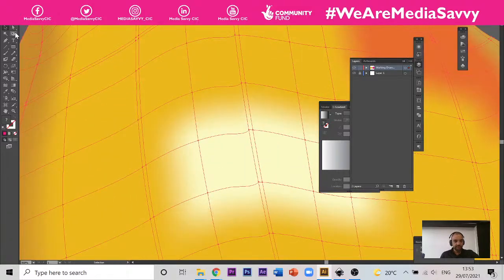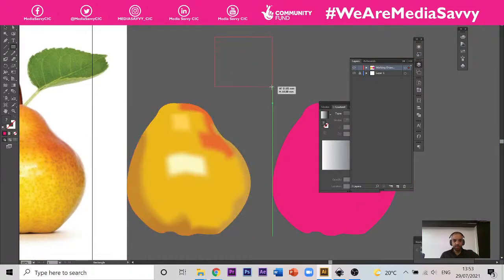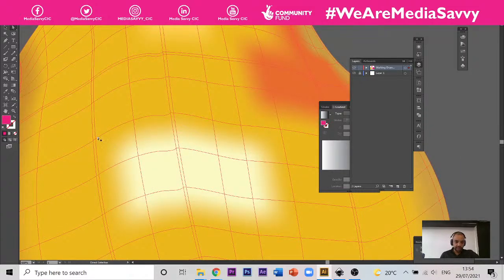is edit the shape of these control points. Now to do that, it's a bit like when you create a shape. I'm going to just quickly draw a rectangle, click on my direct selection tool, click on that point on one of the corners. If you click your direct selection tool, that allows you to move the point. And you can do exactly the same with your shape here. So what we can do now is manipulate that shape a bit